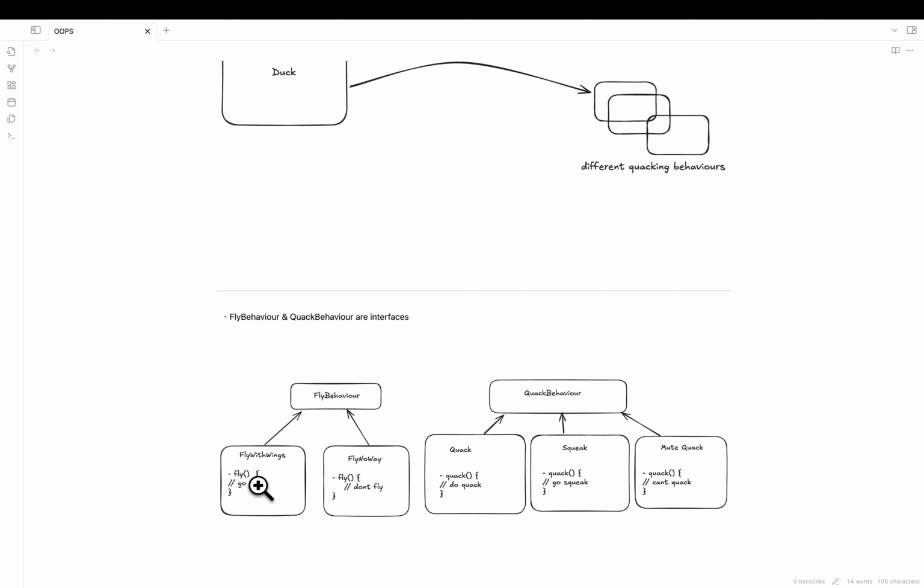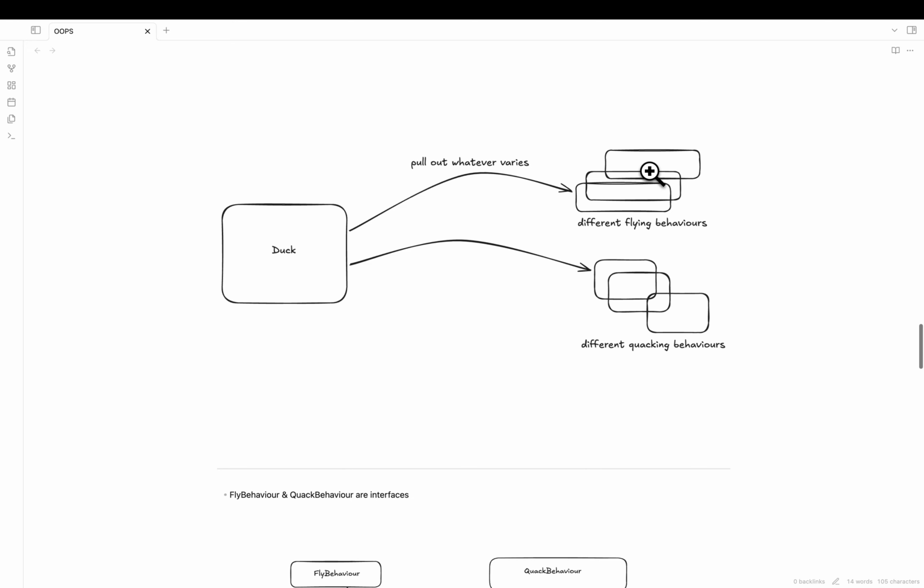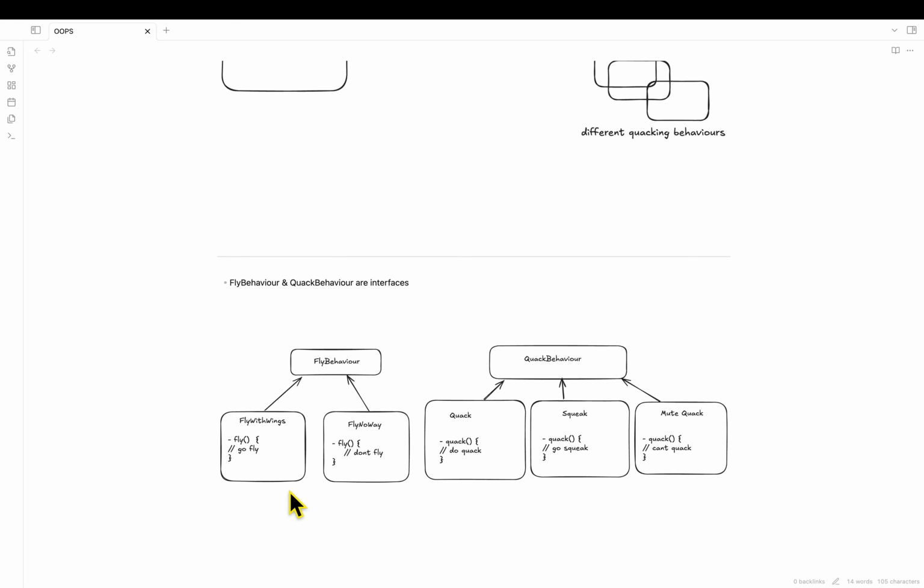Similarly, in quack behavior we have quack, squeak and mute quack. So we separate out whatever behavior we want, and the actual birds will use these concrete implementations. The ones that cannot fly, the wooden duck and the rubber duck, can use this class, and these come under this interface.